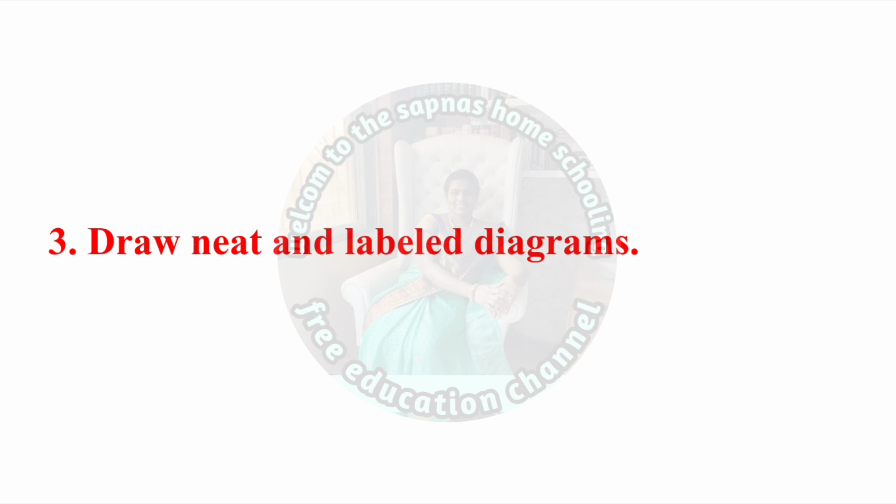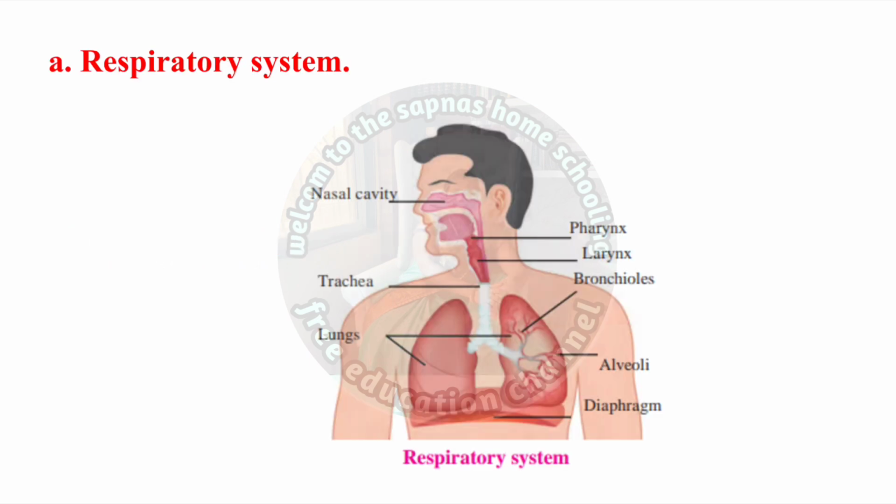Question 3, draw neat and label diagram. So respiratory system diagram is here, and here are nasal cavity, trachea, lungs, pharynx, larynx, bronchioles, alveoli, diaphragm,